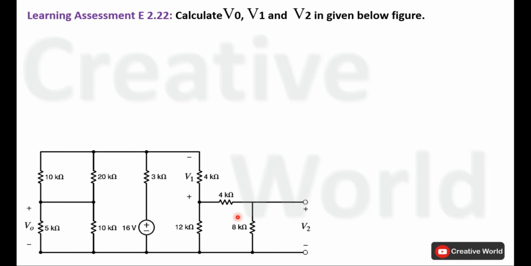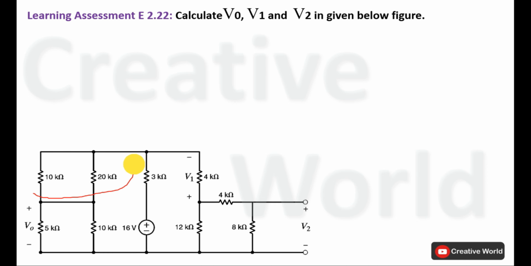So in order to calculate current through these resistances, first we have to simplify the circuit, calculate the total supplied current through this voltage source. Later on that current will be used to identify these branch currents and we will be able to calculate voltage across these resistances. So first simplify the circuit.